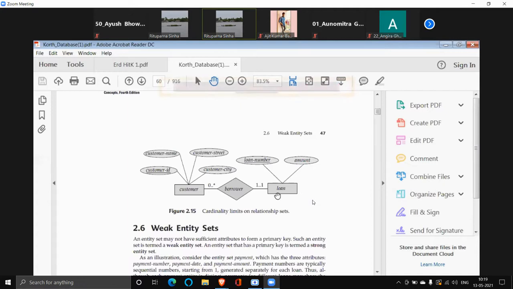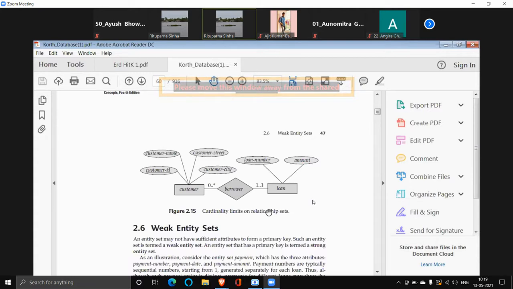And on the loan side, a loan is minimum associated with one customer and max also one customer. So a loan is always associated with at least one customer. So what type of participation is it? Total participation. I did not use the double line symbol, but the number itself denotes what type of participation. Is it clear?